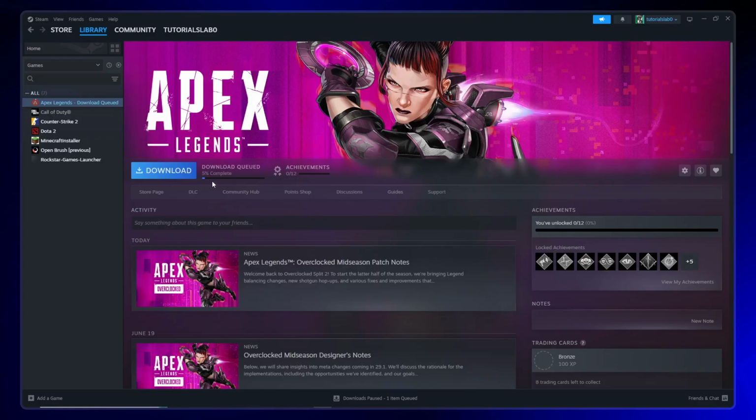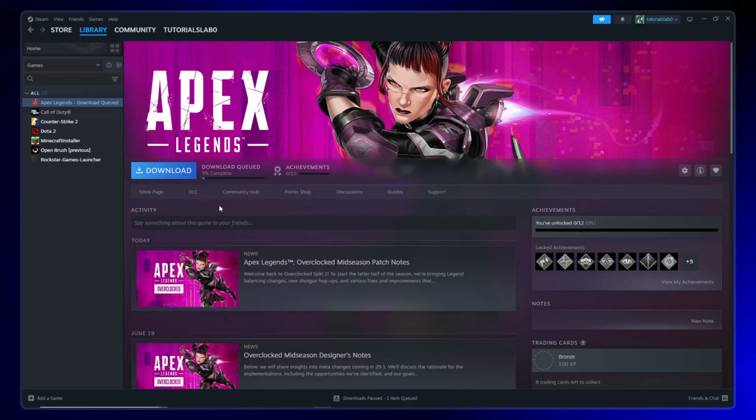It's a simple but incredibly useful feature, especially when you're managing multiple downloads or need to temporarily conserve your internet connection. Your download will automatically pause as soon as you click that button. Steam will save your download progress, so you won't lose any of the data that's already been downloaded. This means when you're ready to continue, you can pick up right where you left off without having to start